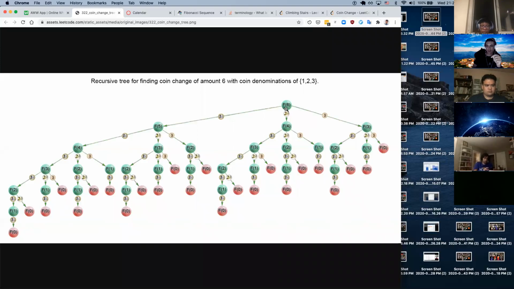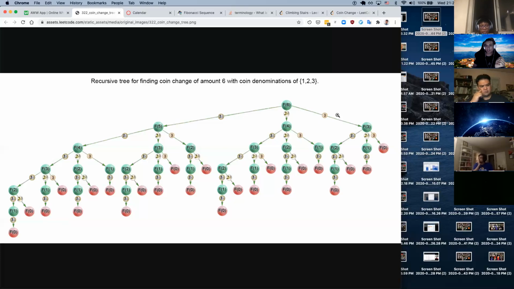The shortest branch is this one here on the right, where we use 1 coin of 3, then that gives us 6 minus 3, 3, and then we try to do the change. Can we make change for 3 with coins 1, 2, and 3? We just repeat the step. We subtract 1 from 3 and do that. We subtract 2 from 3 and do that. Subtract 3 from 3 and do that. And we can see here that the shortest branch is this one on the right, where we use exactly 2